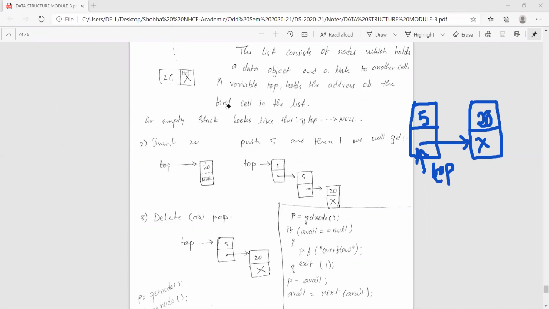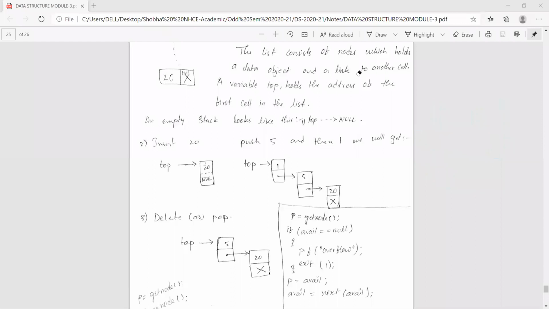Because basically the general rule of stack is we will have only one pointer variable called top. Using top only we will insert, and using top only we will delete. So the same way insertion and deletion happens here at the front, at the beginning of your linked list. So this is about stack representation.